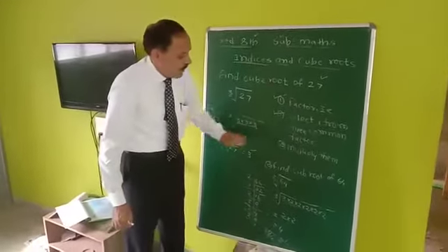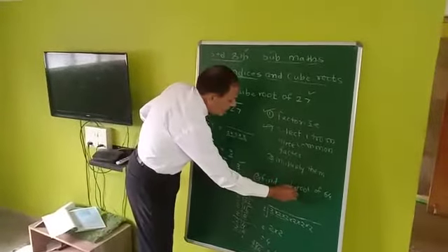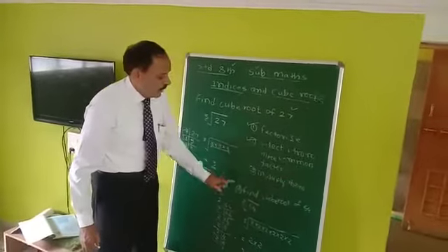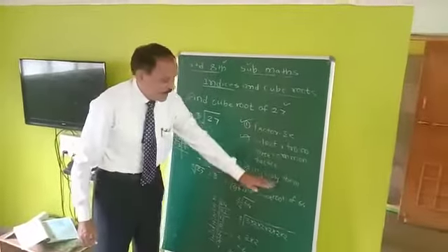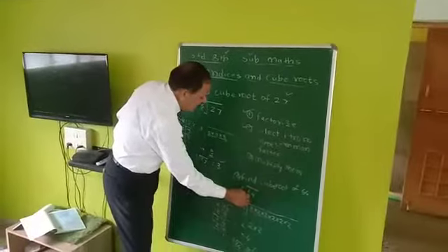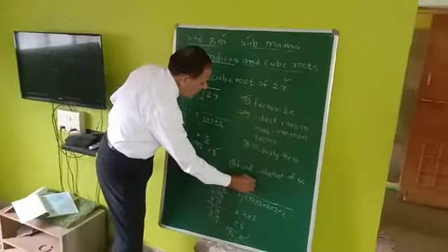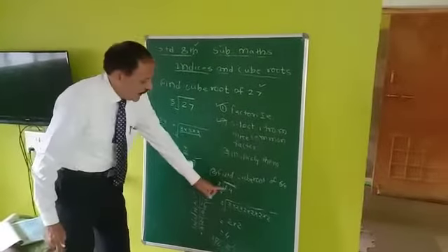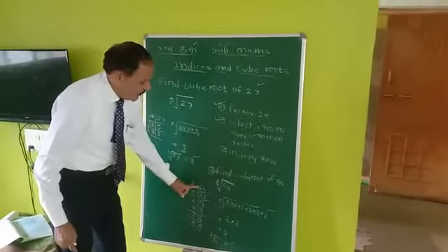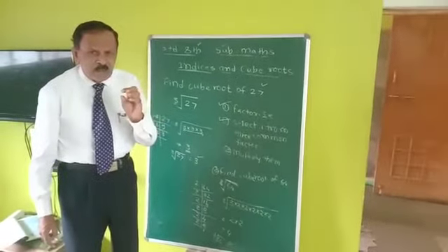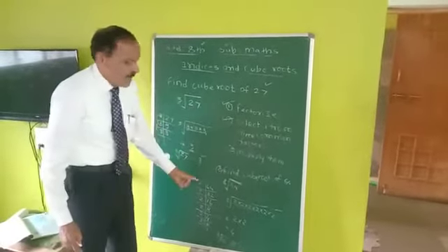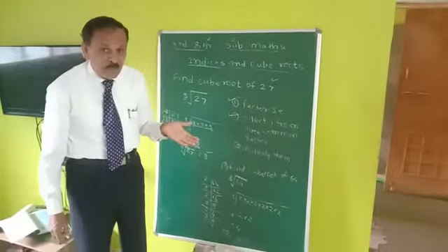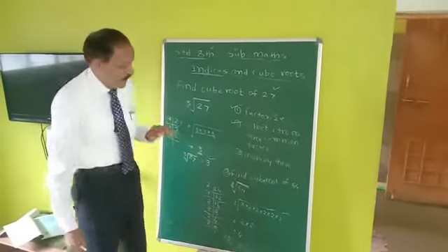Again the next problem. Find the cube root of 64. So take 64 and put it under the root, and here it is the cube root sign. So take 64, and 64 you know is an even number, and an even number is always divisible by 2. The divisibility test you have learned in the previous standards, 5th, 4th, likewise.